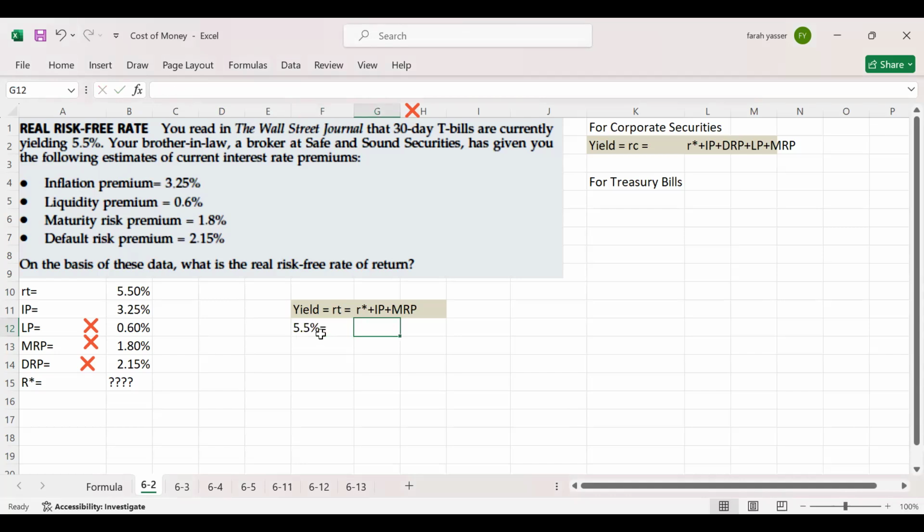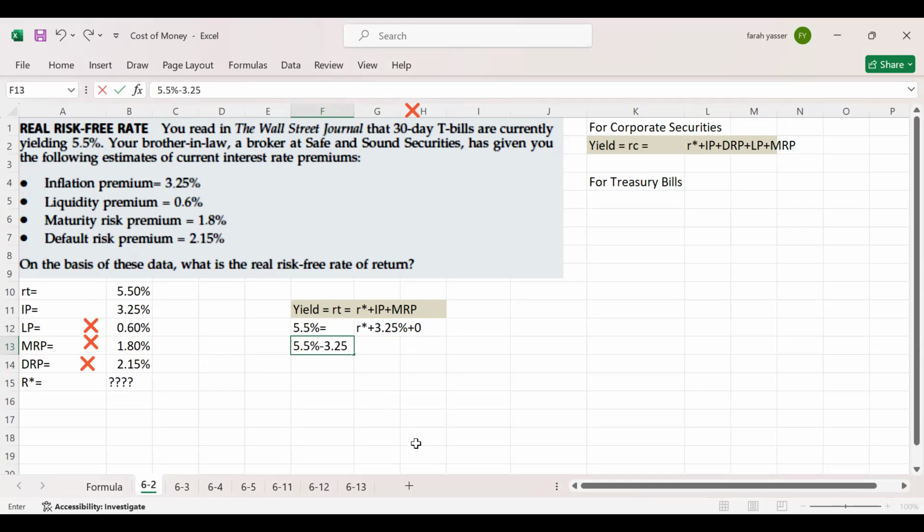Then on the other side, R star is not given. So we will consider R star plus inflation premium is given, which is 3.25%. Then maturity risk premium is zero. Why? Because maturity risk premium is considered if the bond is more than 1 year. So this is just 30 days, so we will not consider it. Now by cross multiplication, 5.5%, this 3.25 will convert into